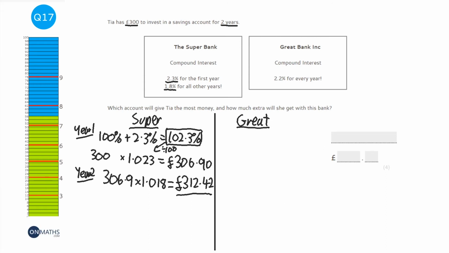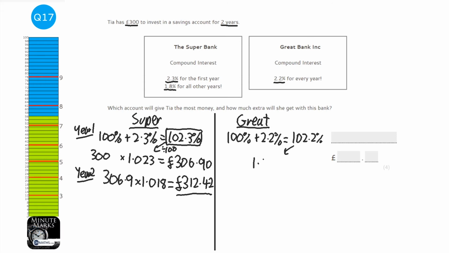Now, the Great Bank's a bit easier because it's just going to stay at 2.2. So let's work out as a multiplier. 100% plus 2.2% equals 102.2%. And then as a multiplier, that is 1.022 by dividing it by 100. So we're going to times that £300 by 1.022. So 300 times 1.022, and I get £306.60. Then I'm going to times that again